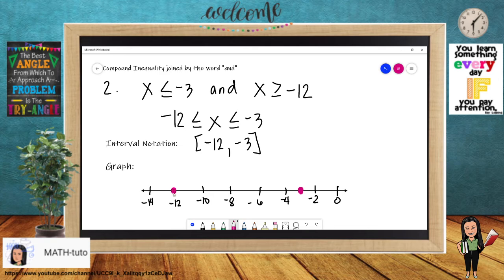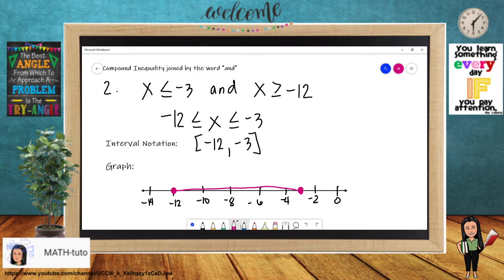Shaded pareho because both are included. Ito yan. And then, we shade everything in between. Okay, yan na lang. So, ngayon, kung hindi nyo siya ma-visualize agad, na ito yung magiging intersection ng dalawang inequality